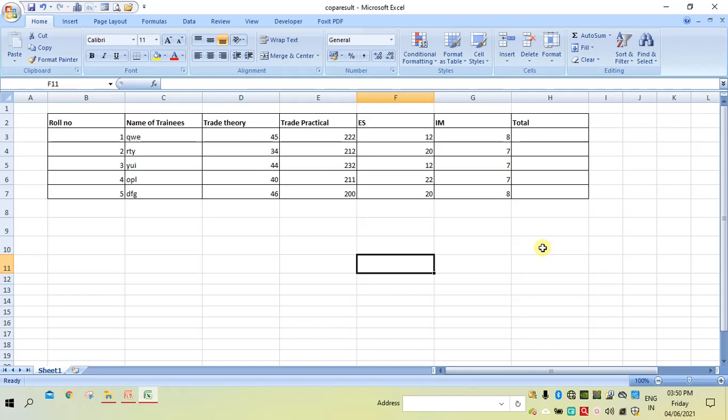Now let us use some ready-made functions which are available in this option.